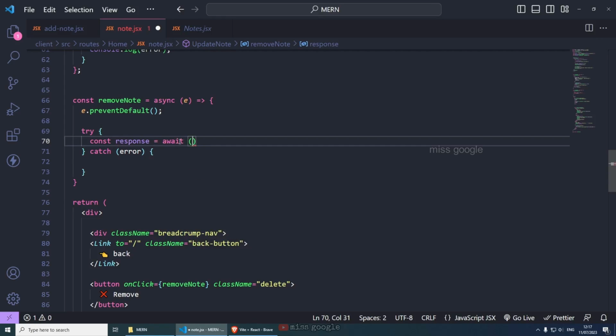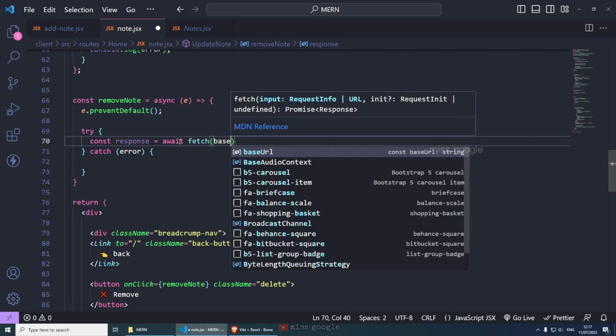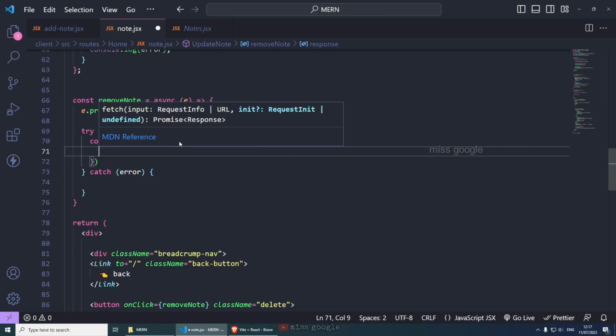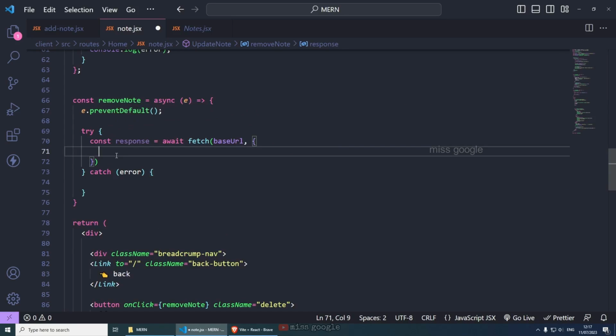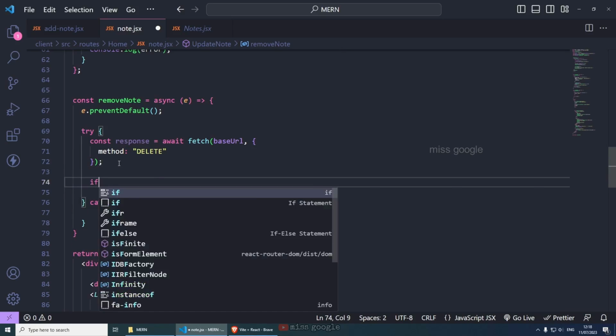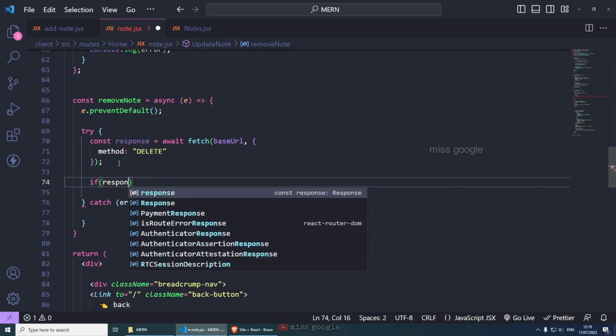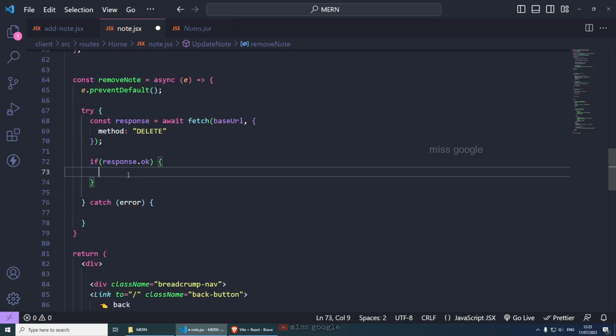We're fetching the base URL with the ID, and inside here we just need to put the method which we want, which in this case is going to be delete, and that's more or less it. And then if we get a response.ok,